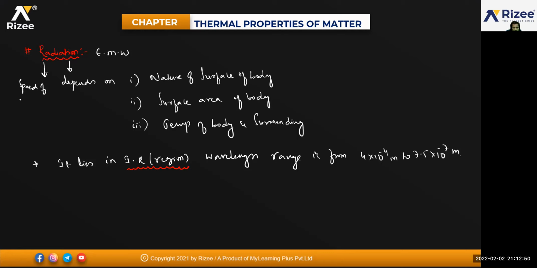Electromagnetic radiation travels with the speed of light. That is how much? 3 into 10 to the power of 8 meter per second. Almost all of that part deflection. So electromagnetic radiation exhibits the phenomenon